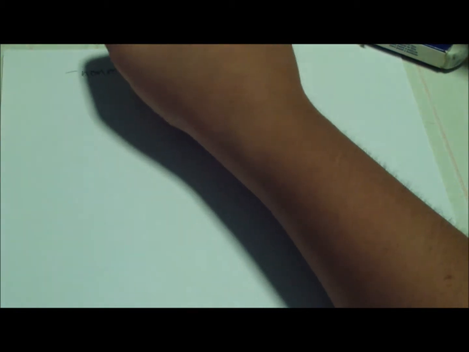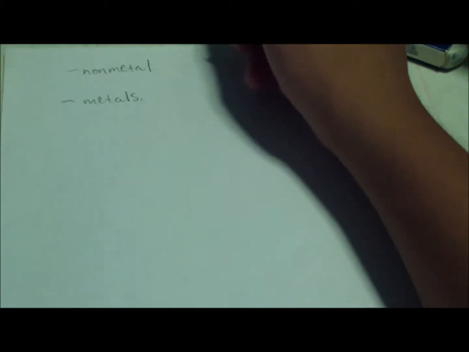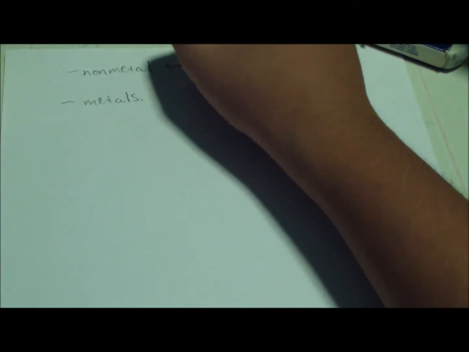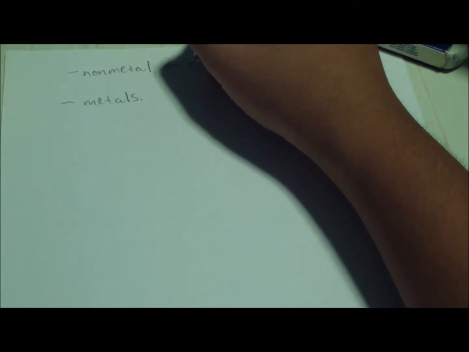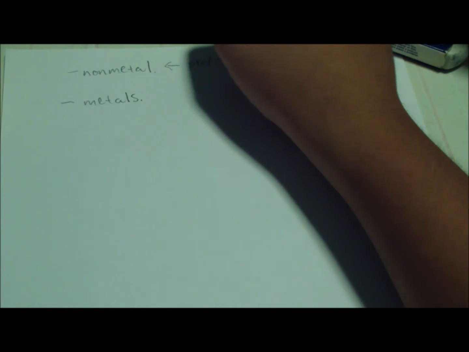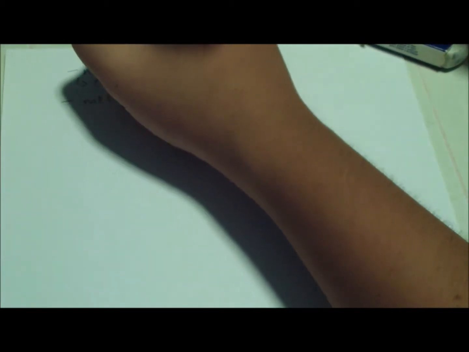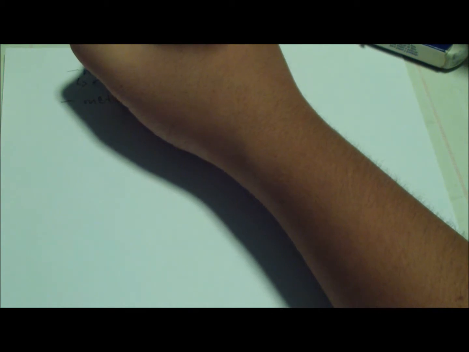I'm here to explain how chemistry naming works, or at least some of the compounds and binaries. When it comes to naming, there are two types: non-metals and metals. When it comes to non-metals, you need to use prefixes. I think that's how you spell it. Yeah, whatever. But non-metal is basically a compound,